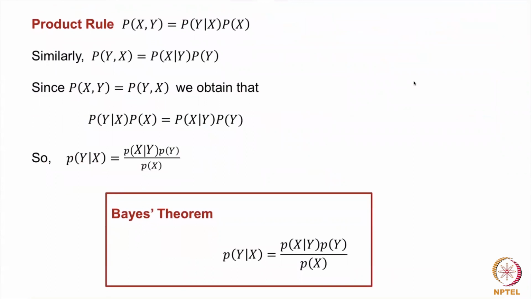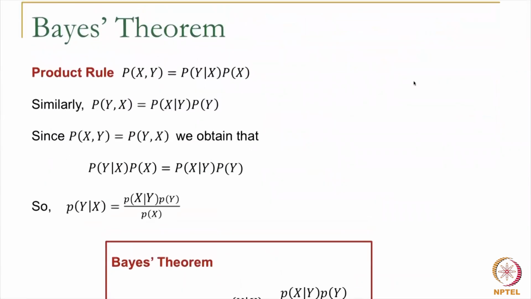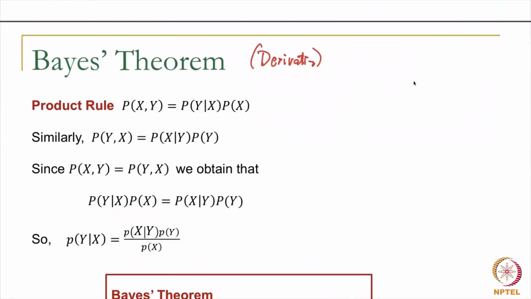So here is Bayes rule. I'm going to just derive it. It's a simple derivation. Assume the product rule. The product rule says that P of X and Y occurring, the basket being red and the fruit being orange, is the probability that the fruit was orange given the basket was red multiplied by the probability that the basket was red. Now, as I showed you in the previous slide, you can flip this. You can ask the question, what is the probability that the fruit is orange and the basket is red? Now, notice these two have to be the same,